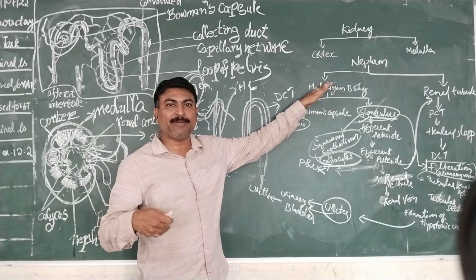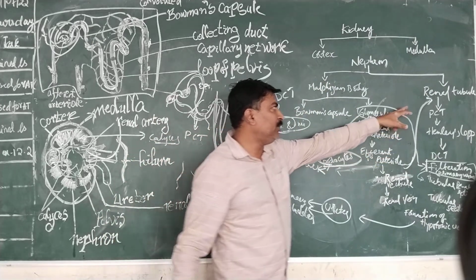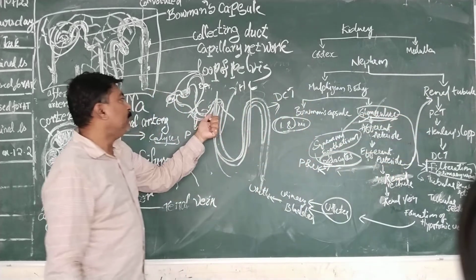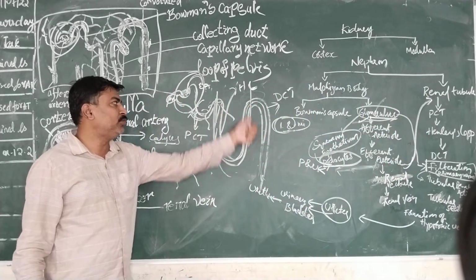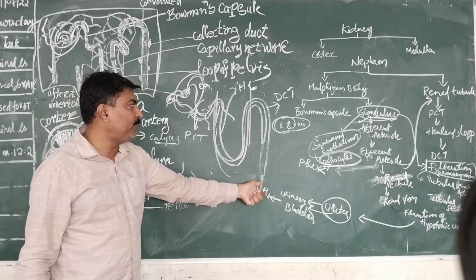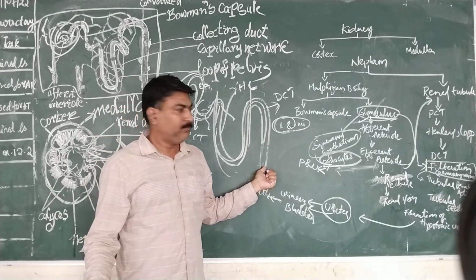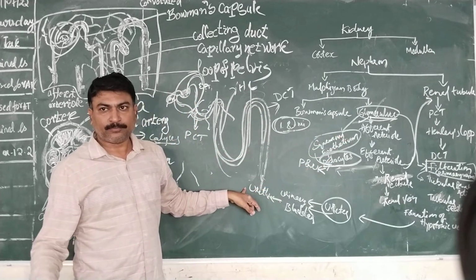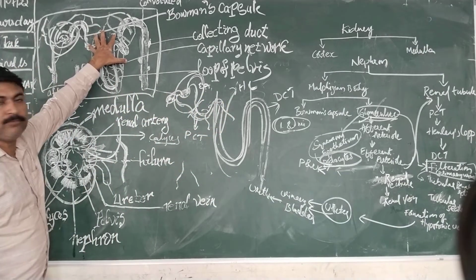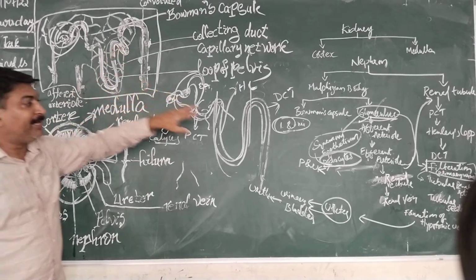The remaining portion, whatever is present in the blood, will enter the next portion, that is the renal tubule. The renal tubule consists of three parts: the proximal convoluted tubule, a U-shaped structure called Henle's loop or loop of Henle, and the long tube which continues from Henle's loop as the distal convoluted tubule, the last portion. The entire blood capillaries will be thrown over this Henle's loop and tubular portion, where reabsorption